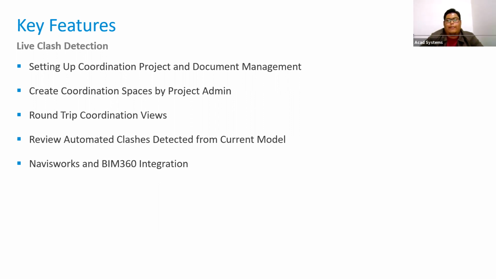It means that if you have hundreds of models from the consultants, you may be confused with the models you're going to do coordination on. Say you only want to do the clash coordination between architecture and structure. You can do that in BIM 360 Coordinate by selecting the specific models, say 2 of 100 models, to be viewed in 3D. Then we will see how BIM 360 runs the automated clashes.